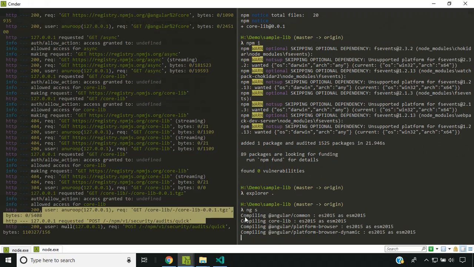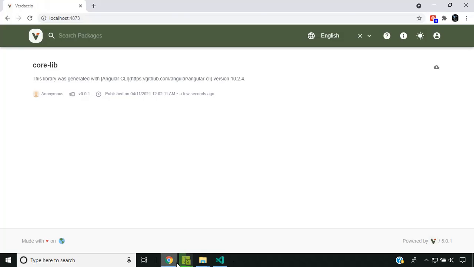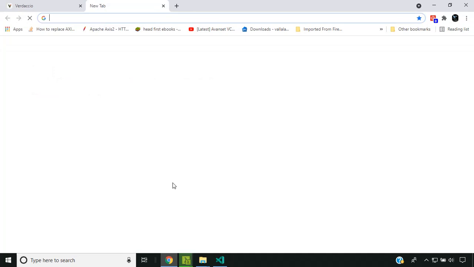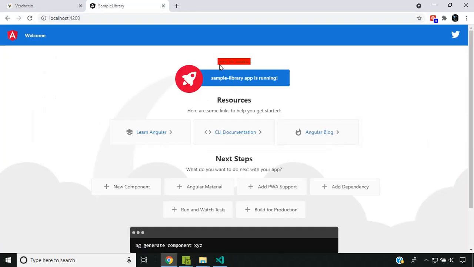So you can see that our core lib is being compiled to IV compatible mode. Now let's check our application. So here you can see that the library code is shown and everything is working as expected.